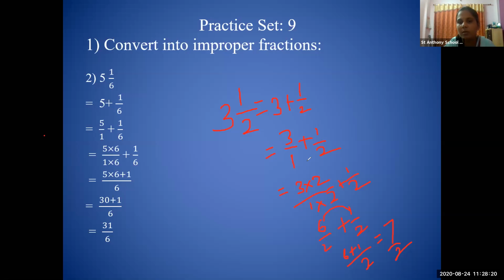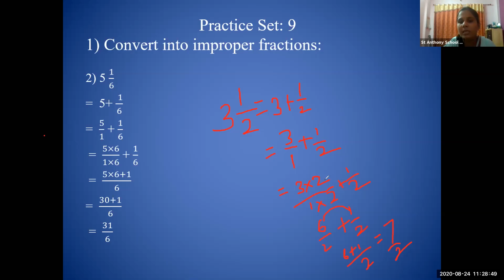So I will convert these different denominators into the same. To convert this different denominator into same, I will cross multiply. So 3 gets multiplied with 2. If the numerator is multiplied with 2, the denominator will say, I also have to go with you, so I will also multiply with 2. So 1 also gets multiplied with 2. Plus this 1/2 remains as it is. It does not need to be multiplied with anything.